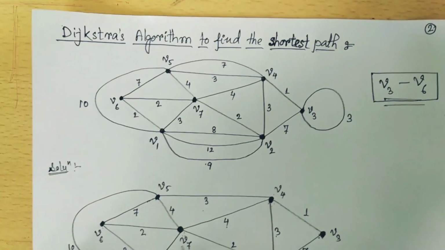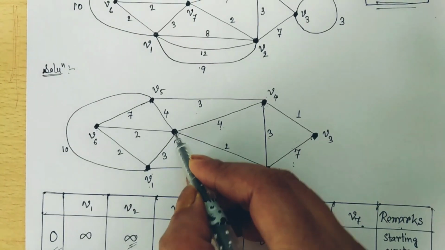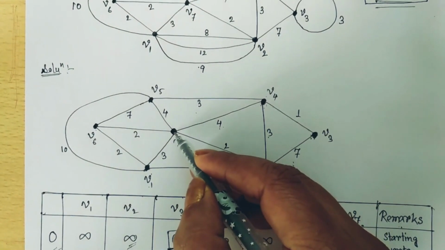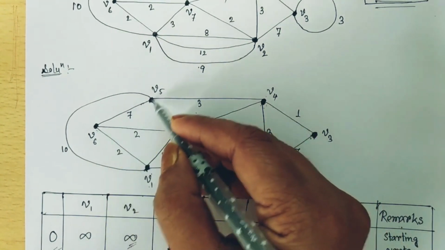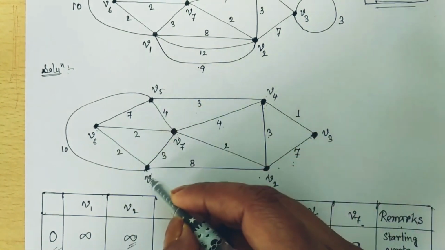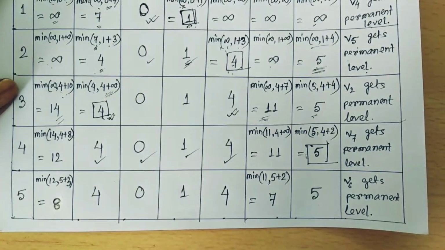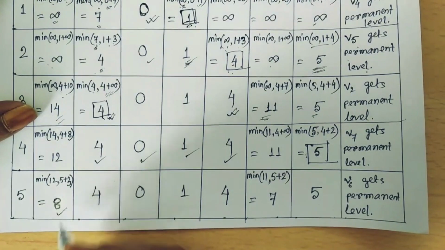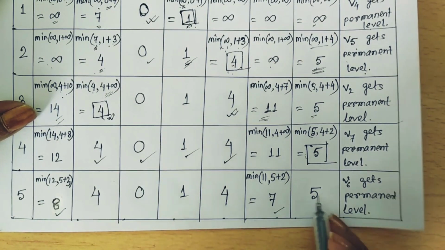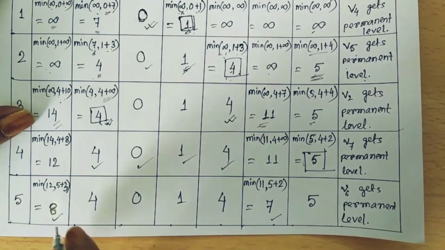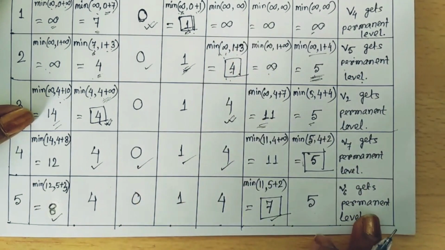Now come to the vertex V7. From V7 now, if we choose, then we will find V7 connected with V1, V5, V6, V5 already done, so V7 is connected with V1 and V6. Accordingly, if we change the leveling values, we will find here it is 8, this one is 7, and these all already got the permanent level. So this is the minimum. So we should write V6 gets the permanent level.